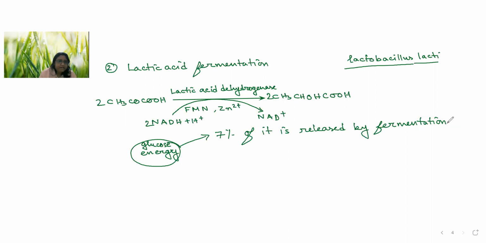The second reason why it is problematic is that the products, that is alcohol or lactic acid, none of them are good for the organism in which they are present. And if you compare, in aerobic respiration there is production of 38 ATP, whereas in this kind of fermentation process the number of ATP produced is 2. Can you imagine 38 versus 2? How much less energy.